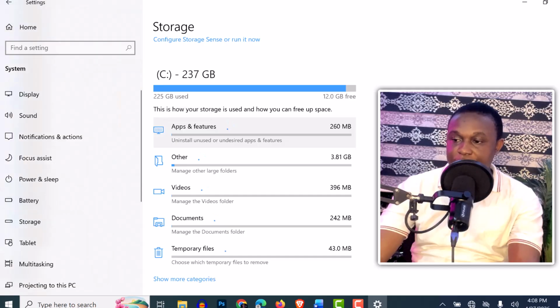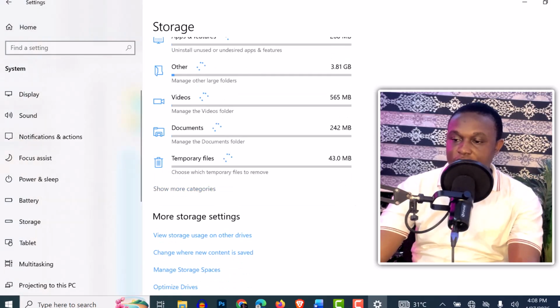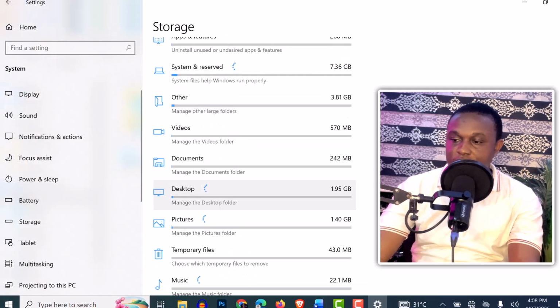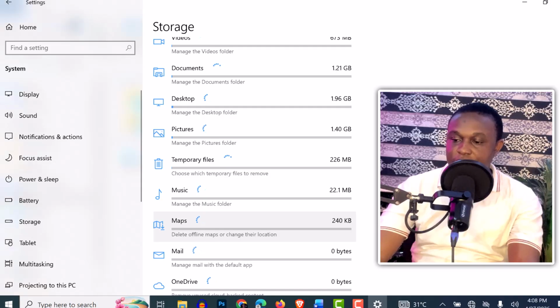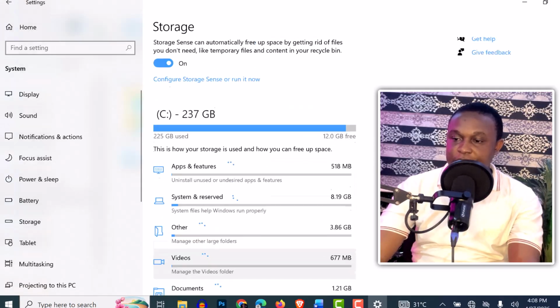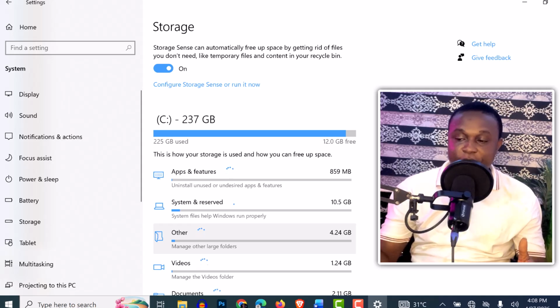This is apps and features, others, videos, documents, temporary files. If I click on show more categories, you will see what I have on desktop: pictures, temporary files, music, maps, mail. So I should be able to see how this space is being allocated to these different sections of the